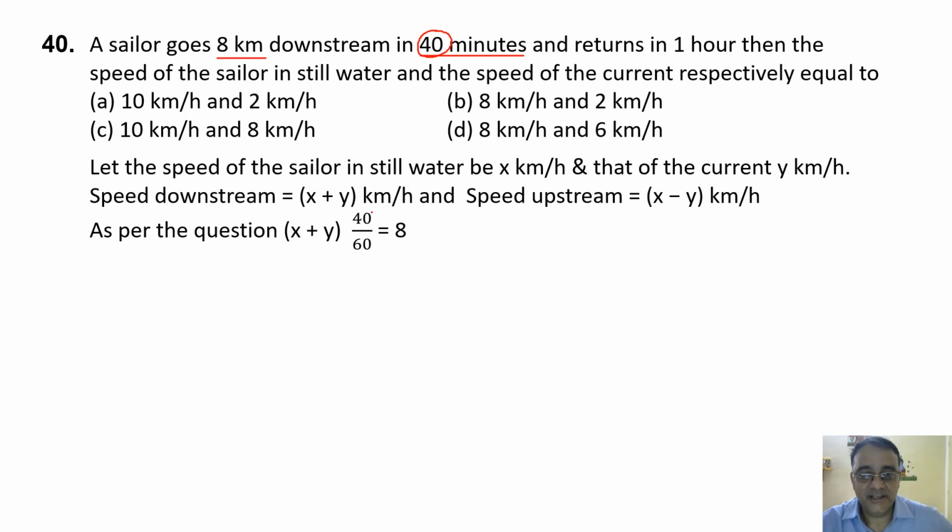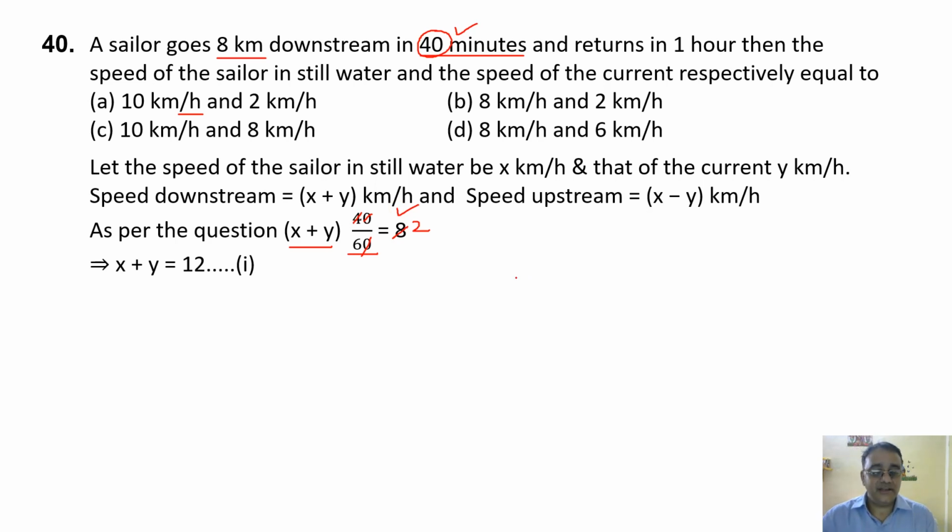ओके, नाउ सी 0 0 कैंसिल और ये भी कैंसिल कर सकते हैं हम लोग. सो x प्लस वाई हम लोग को मिलेगा 12. एनी डाउट हियर? No, sir. ओके, नाउ द नेक्स्ट वन. Sir, I have a doubt. Yes, why we have taken 40/60? Because the speed is given per hour and the time is given in minute. How will you convert minute to hour? By dividing by 60. Right. So speed into time is equals to distance. Clear? Yes, sir.